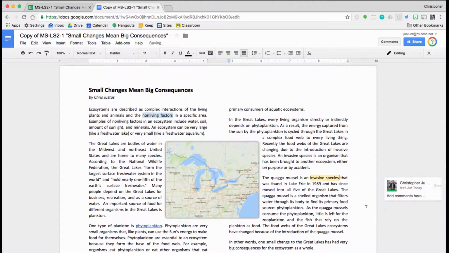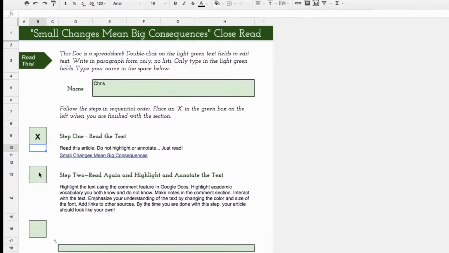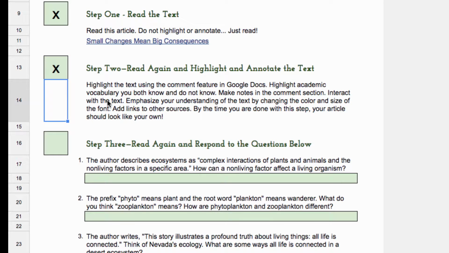With a close read, we're traditionally writing in the columns of the handout, but this is an online article, so rather than writing in the spaces on the left and right of the paper, students can add comments this way to their writing. Once we finish step 2, we're going to add an X to the screen box, which reveals